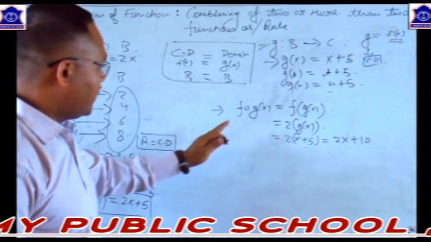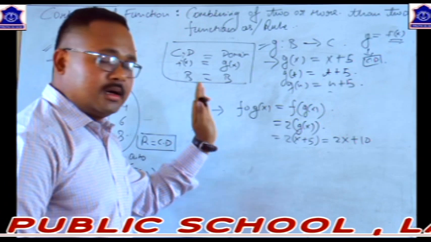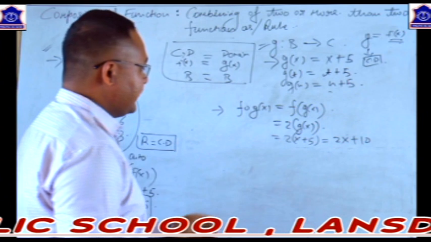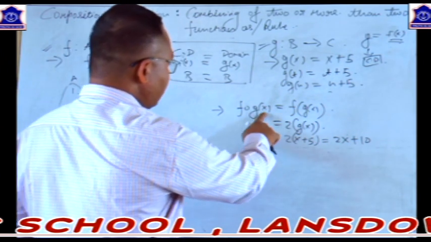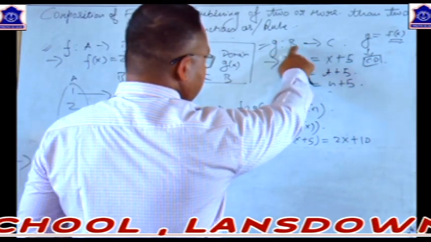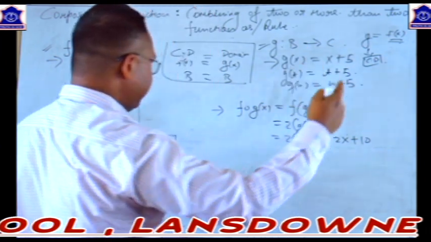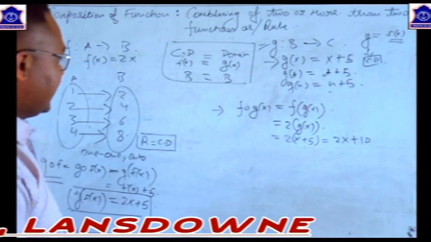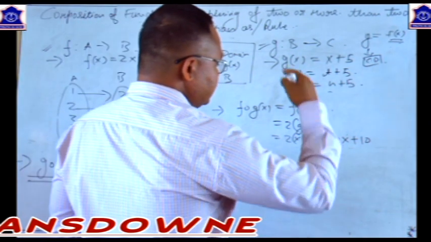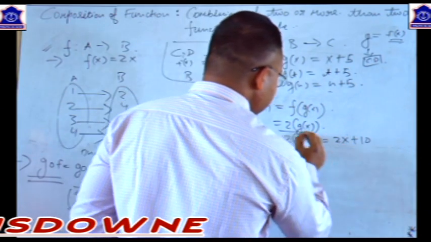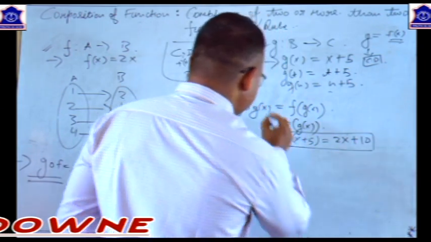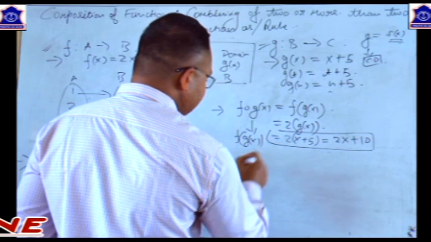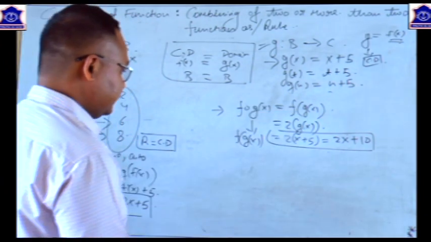Now here we have f of gx, that is a composed and combined function. In this composed function, where will the x come from? That x will be an element of set B, and the elements of set B we took were 2, 4, 6, 8. So putting the values into the x of the combined function f of gx, let's see what elements we are going to get.